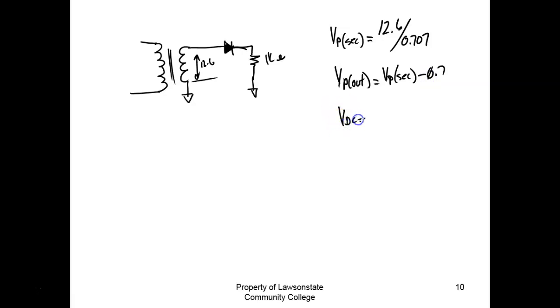And then my volts DC is going to be equal to V peak out, right, divided by 3.14. And this is going to be approximately... Odds are it's not going to be exact, but it's going to be close enough, right? What we got? We got this because a sine wave